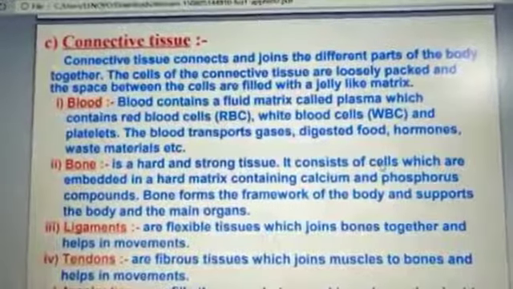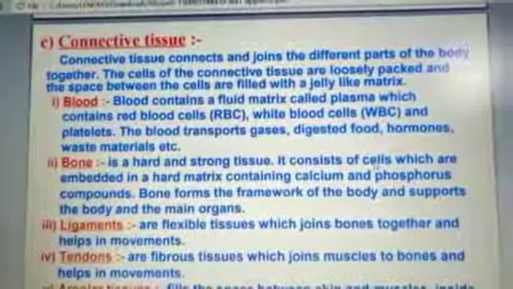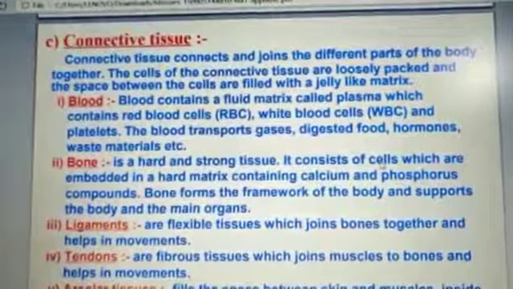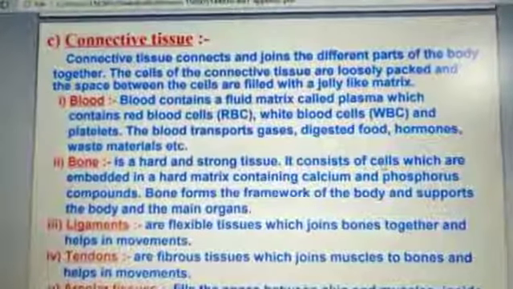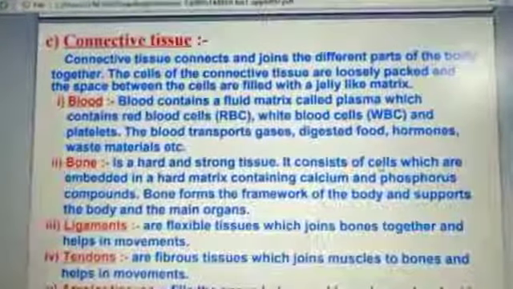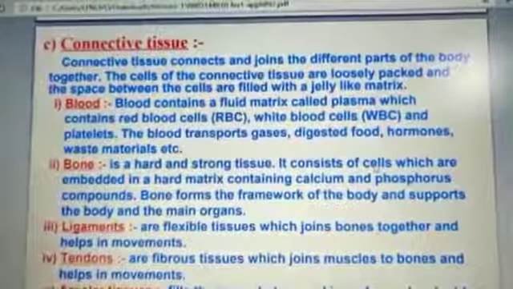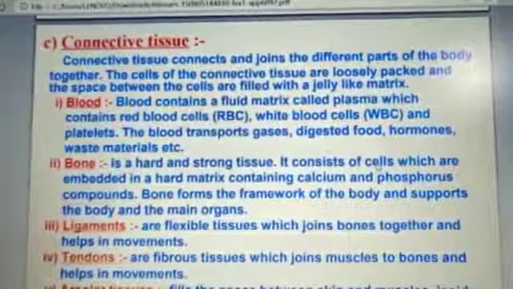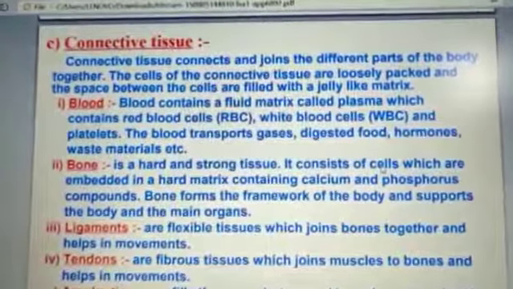In a previous video, we started lesson number 2, tissue biology, and we also revised plant tissues as well as animal tissues. There are 4 types of animal tissues. What are the different types of animal tissues? Epithelial tissue, muscular tissue, connective tissue, and nervous tissue. In the previous video, we studied epithelial tissue as well as muscular tissue. Today we are going to start with the rest of the 2 animal tissues, that is the connective tissue and nervous tissue. What is connective tissue?